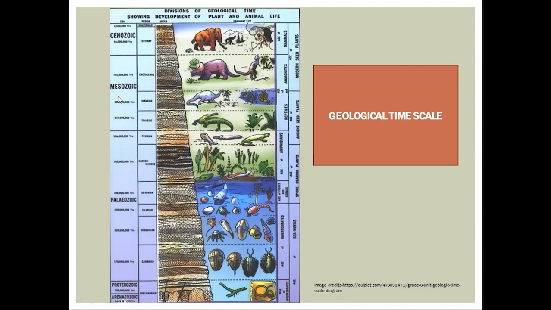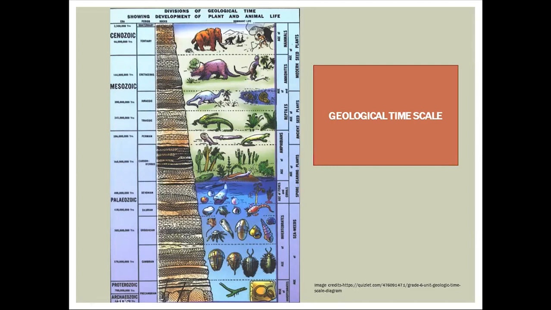Then the next is the Mesozoic era. It has the Triassic period, where dinosaurs were dominant. You can see here, in the Triassic period the dinosaurs were dominant. And in the Jurassic period, the first birds were observed. Then in the Cretaceous, flowering plants were first observed. Then the Cenozoic era. In the Cenozoic era, the tertiary period is known as the age of mammals. Different types of mammals were observed during the tertiary period, and the quaternary period is essentially where